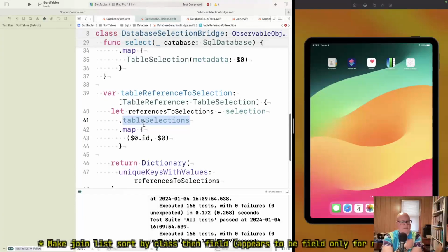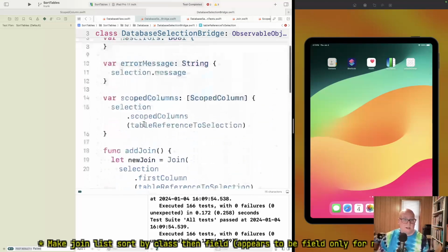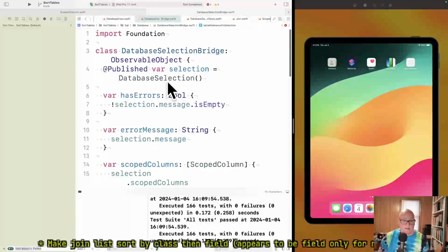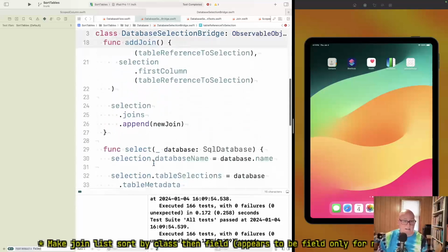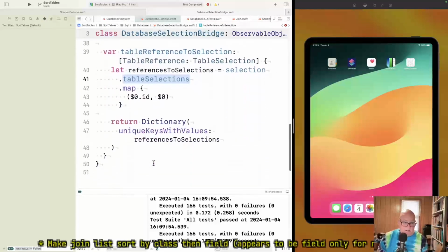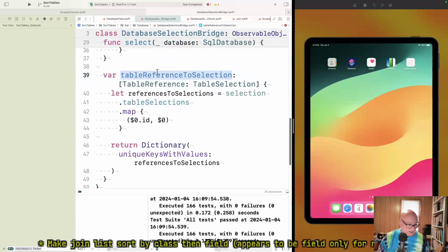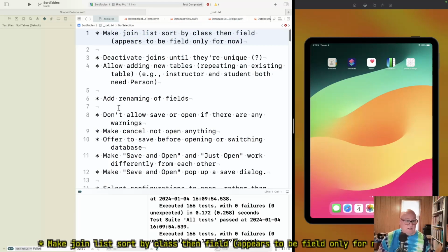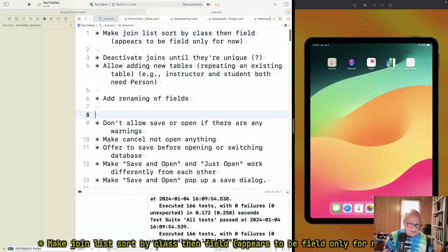That's nothing to do with the bridge. And the big thing is the bridge knows the table selections, because it knows database selection, which has all the table selections. So I'm going to add this as a future task. I don't know why future me is going to be happier to do it, but let's hope. I'm going to save it after renaming, but